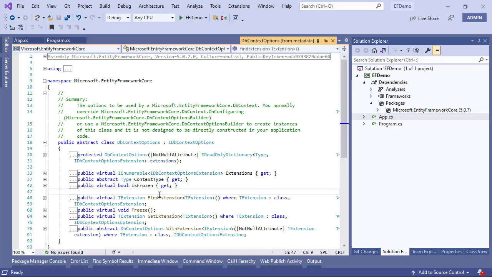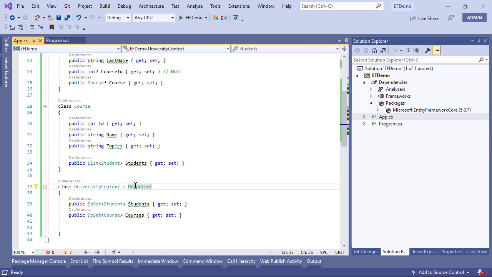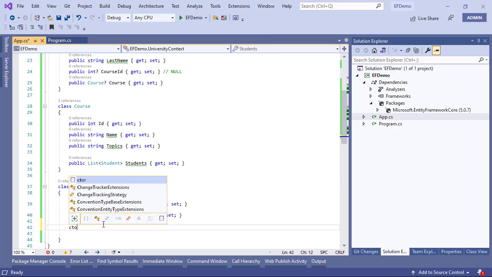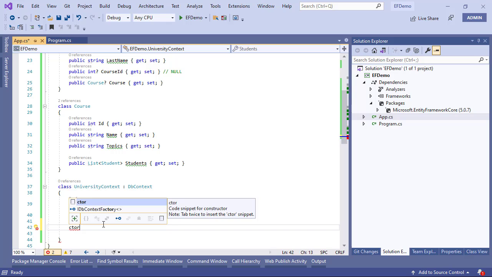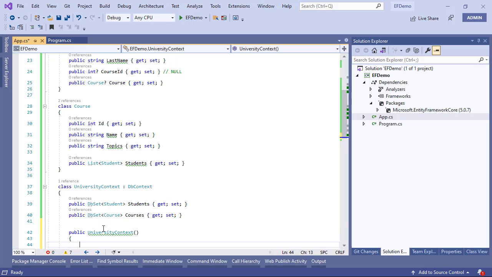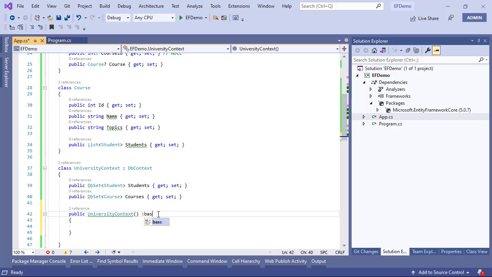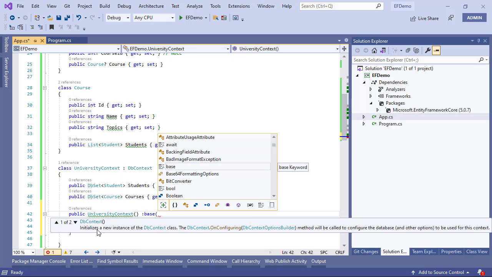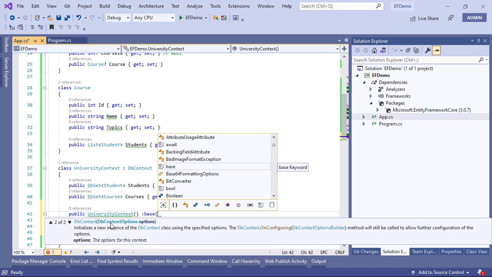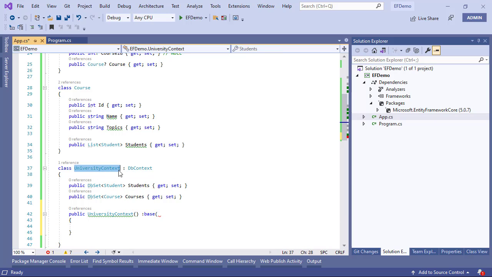But for our section today, for this demo, we can live with the default implementation. So I'm going to hit ctor, which is a code snippet for constructors. I'm going to hit the tab key twice, and I'm going to call the base constructor, which has at least two overloads, and one of the overloads takes the DbContextOptions, right? And then because we are creating it for the university context, we are going to pass it